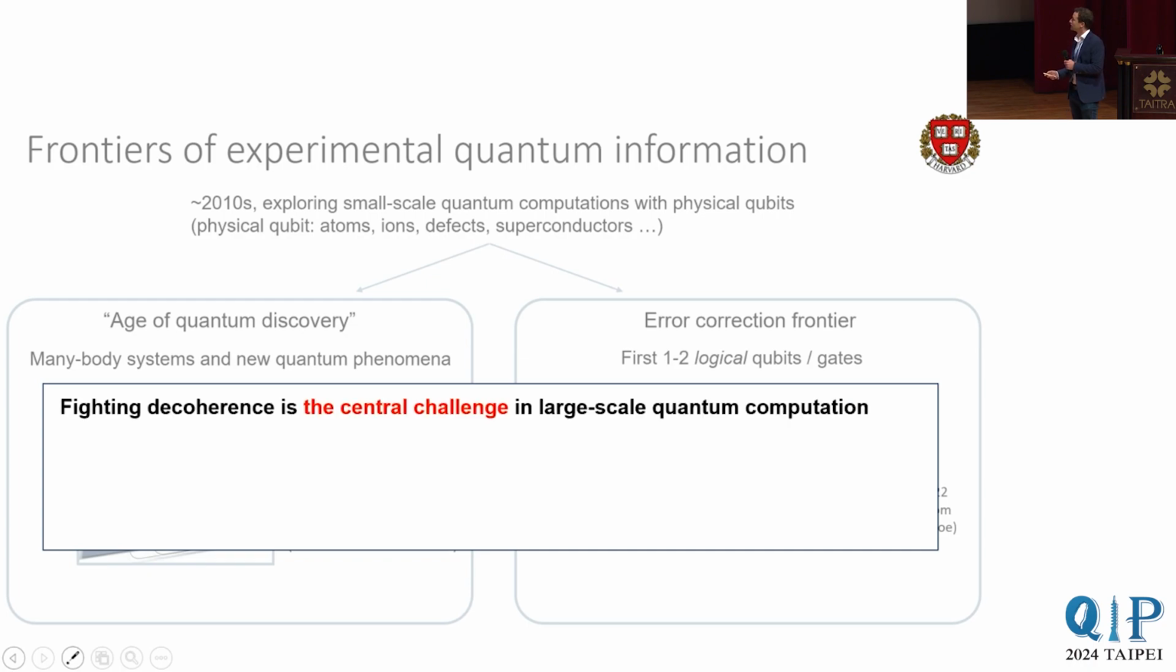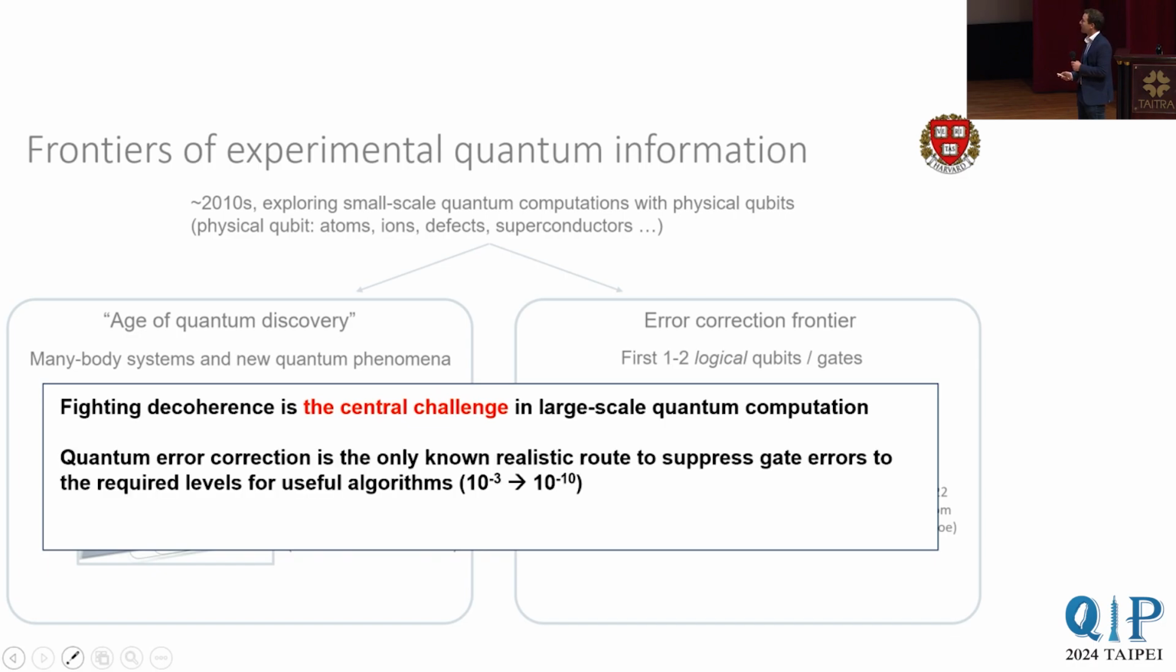And broadly, in our path toward building large-scale quantum computers, the central challenge that we are fighting is decoherence, and figuring out how to manage decoherence in large-scale quantum systems. Currently, quantum error correction is the only known realistic route to suppress gate errors down to those required for algorithmically relevant problems, where, for example, our physical qubits have errors on the scale of 10 to the minus 3 per gate, and we need to get to below something on the scale of 10 to the minus